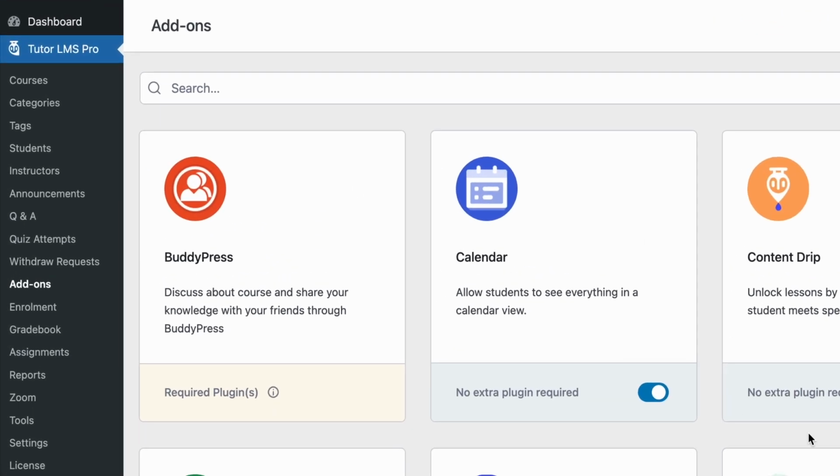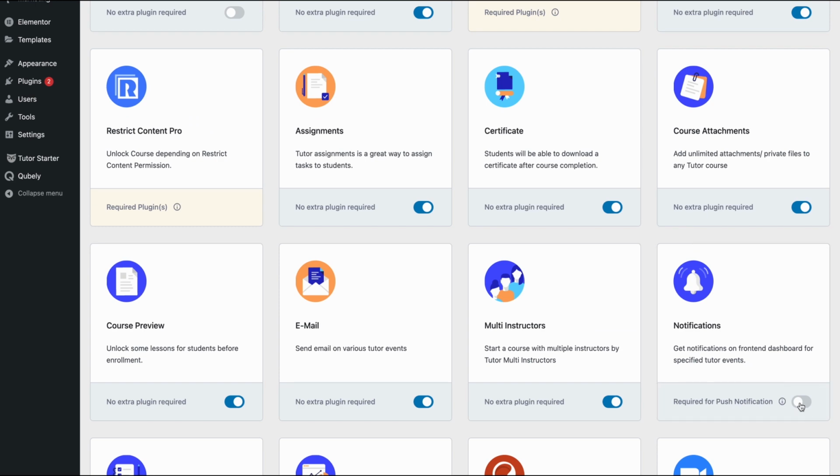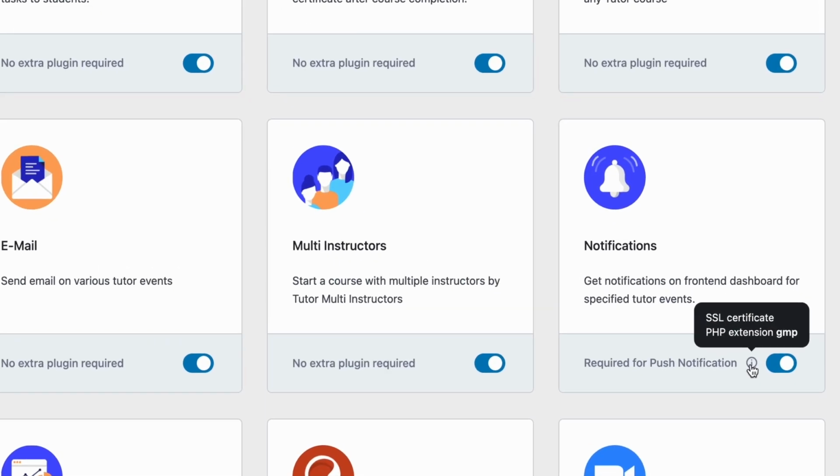First up, we go to the Addons from Tutor LMS tab and turn on the notification toggle. Beside the toggle, we can see that there's a little tooltip, and if we hover over the tooltip, it shows us the two things that we need to make sure are turned on or activated so that the notification add-on works as intended. So it says our site needs to have updated SSL certificates and the PHP extension GMP installed